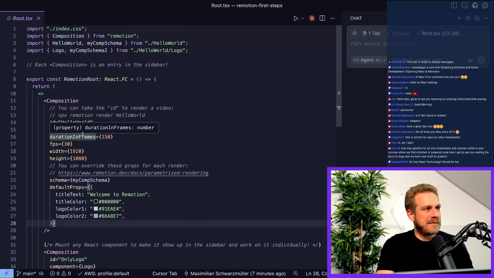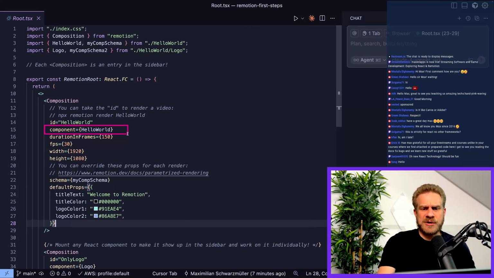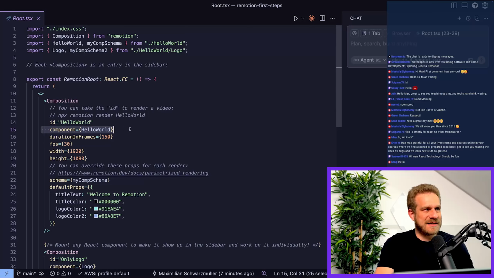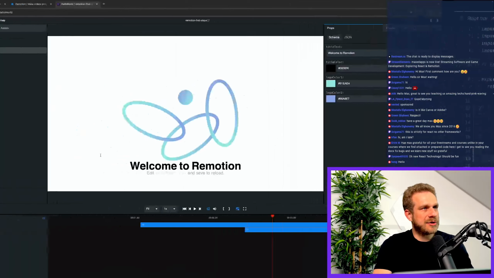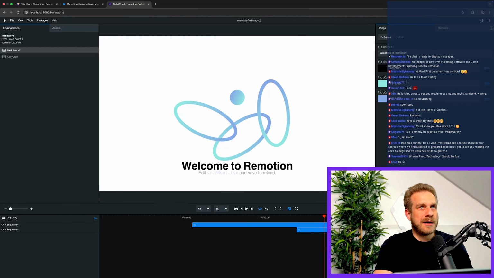And then we pass the component that defines our composition, that defines our video, so the root component of a video, I would say, as a value to component probably. And yeah, we configure the video here too. We configure the resolution, width and height. We could probably also go to 2K here and 4K if we wanted to. So what is 2K? I think it's this, right? So we could probably go to 2K. And if I then